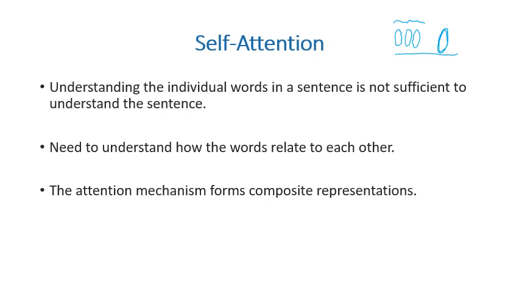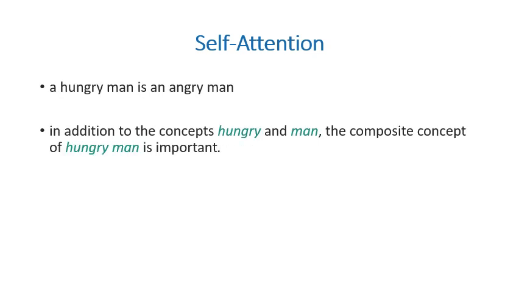You need to understand how words relate to each other, okay? For example, if you have this phrase, a hungry man is an angry man, and suppose that you have word embedding for hungry and you have word embedding for man,